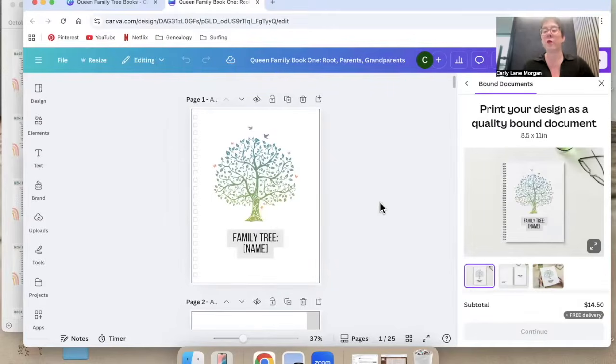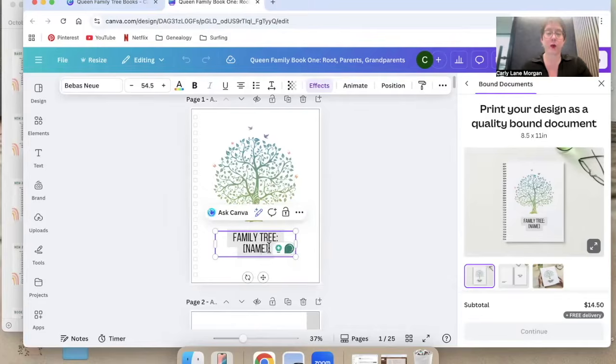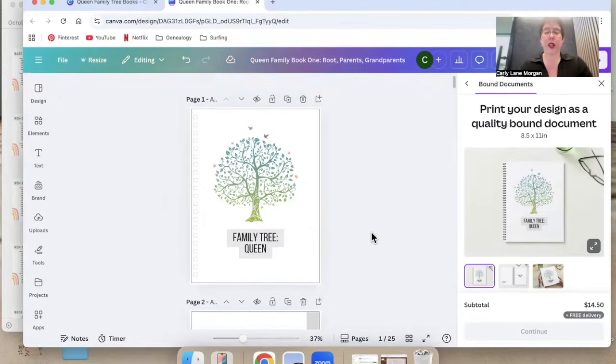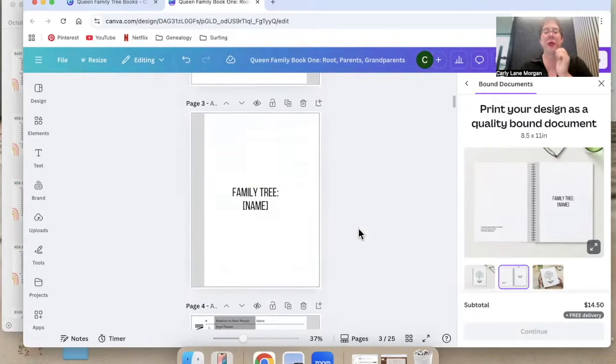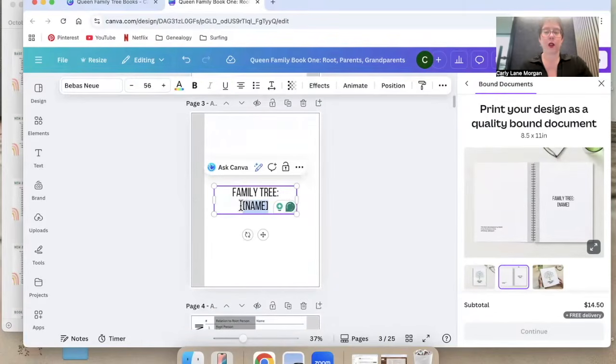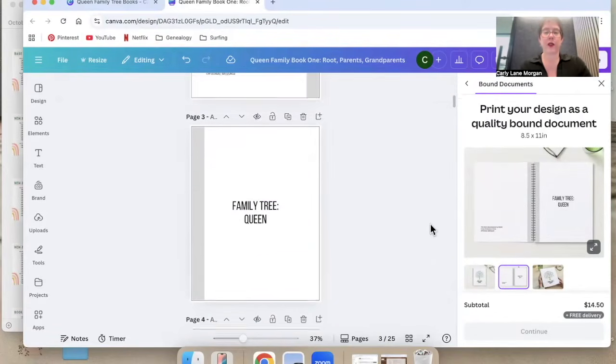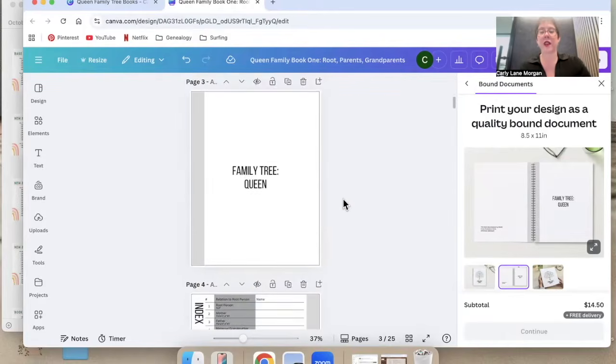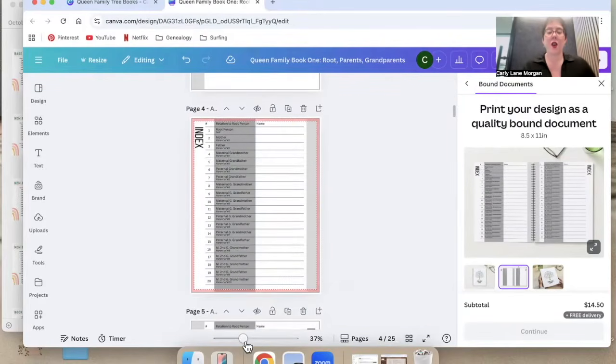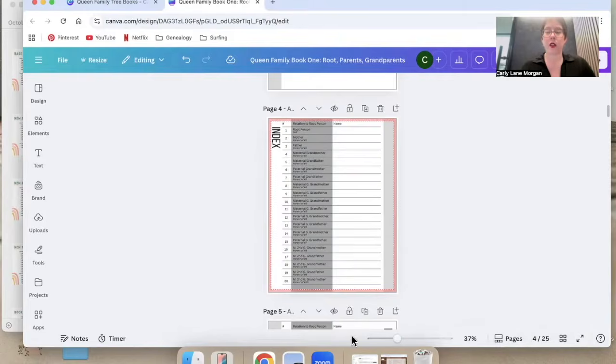I will probably end up switching the cover for the Queen Family books, but this is not something that I ever do in the beginning. Right now, I'm just getting the book set up. So all I'm going to do is just put the word Queen because it's a good visual reminder just to make sure that I'm working on the right family tree. I'm going to ignore all the rest of this. You know, there's no reason for me to do the message and the inside cover or anything. We're just getting the book set up. Okay, so we start with